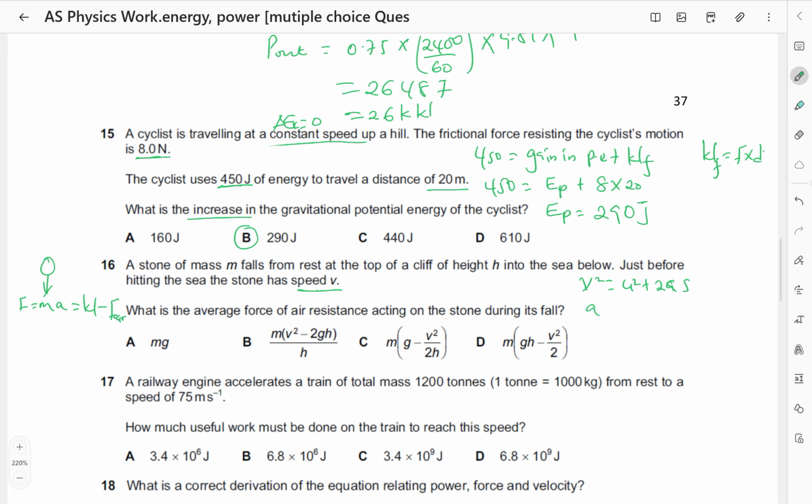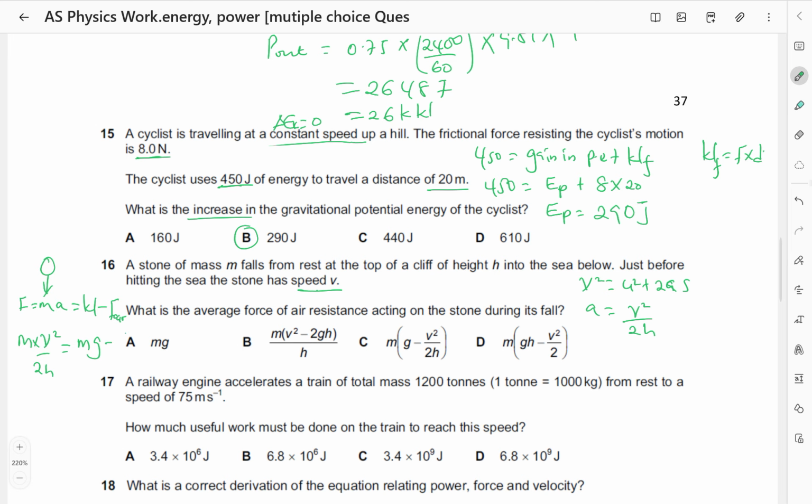So a is going to be equal to v squared, because it started from rest, u squared is going to be 0, divided by 2s, where s will be h. So this will be equal to v squared over 2h. So I'm going to substitute for a with v squared over 2h. The resultant force is mass times the acceleration, which is v squared over 2h. This will be equal to the weight, which is m times g,